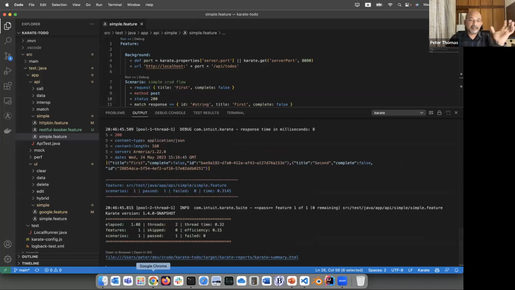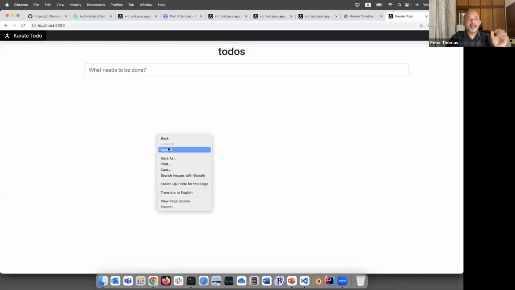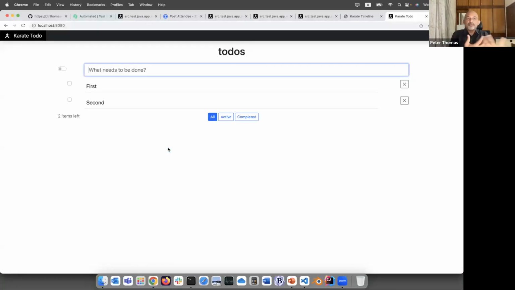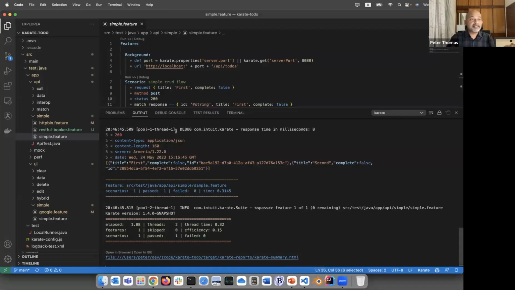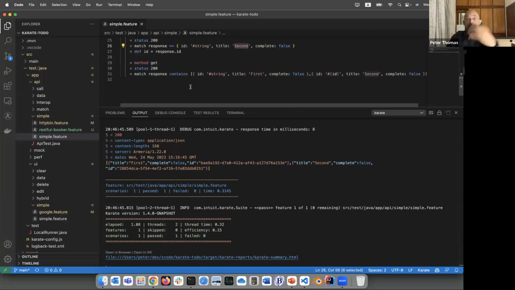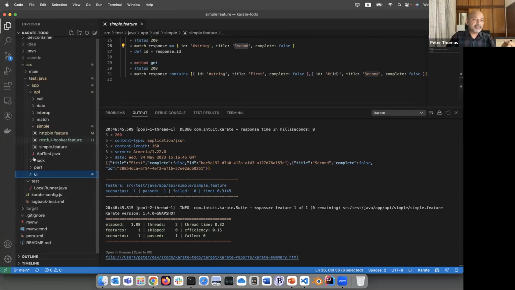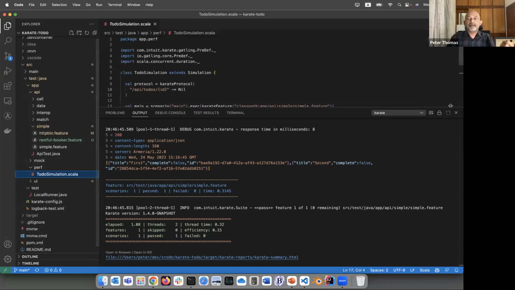It runs, it's all hitting localhost, port 8080 and so on. Now, when I refresh the UI as proof that the API worked and our test worked, we have these 2 items showing on the UI. Okay, now here's the fun part, right? Karate has this amazing capability where you can take one Karate test, which is this, and this is a full-fledged functional test. Karate can take this functional test and reuse it as a